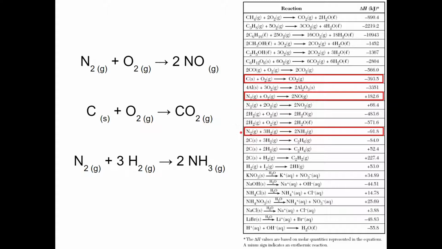And the last reaction is here between nitrogen and hydrogen. Once again, I end up with the negative heat of reaction, which tells me the result of this reaction has been releasing along with the ammonia some energy. Specifically, about 92 kilojoules of energy has been released as a result of it. And these two reactions are exothermic, while this one over here is endothermic.